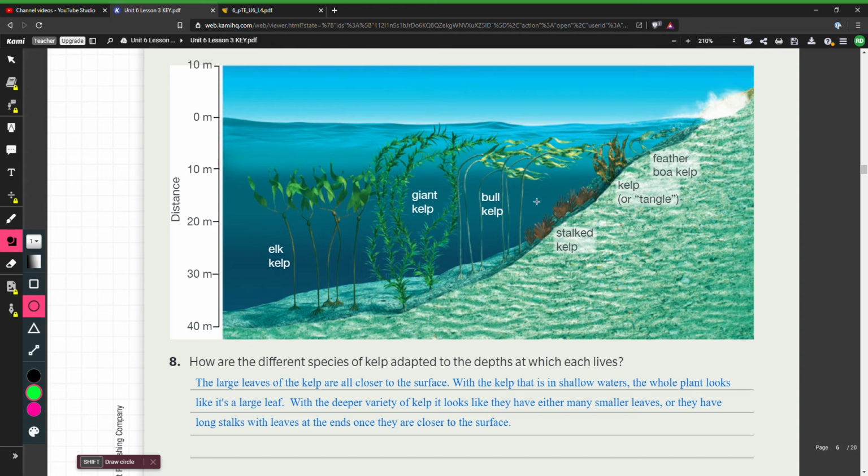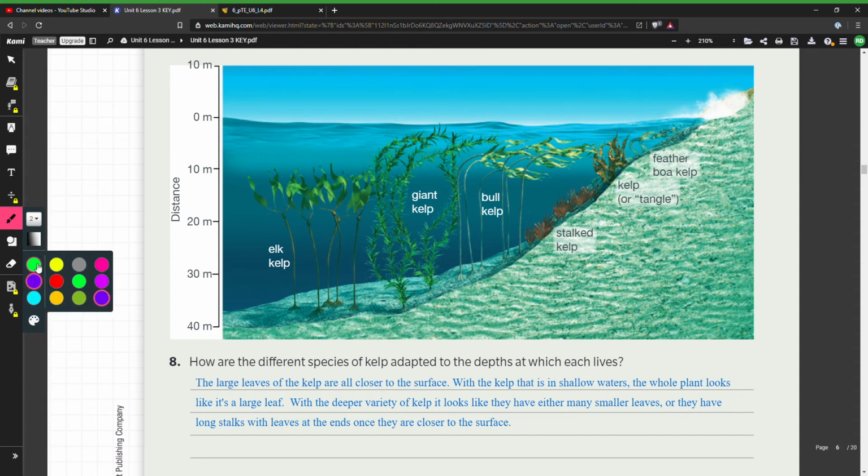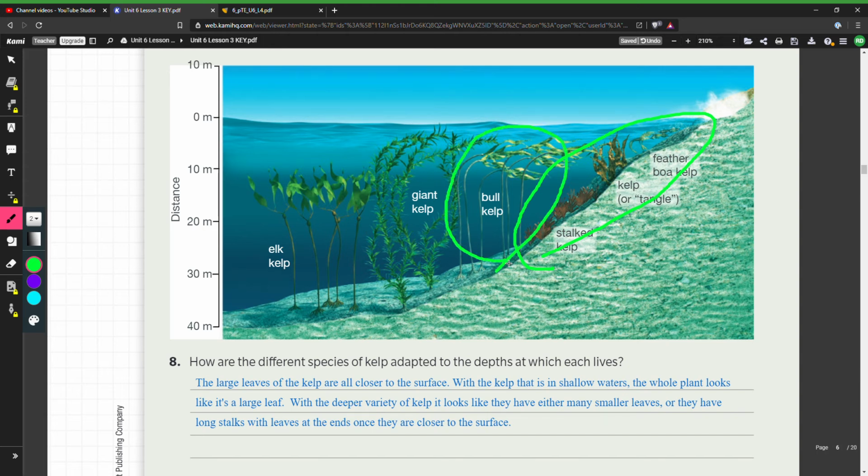And the thing I said about the kelp forest is you can see how the ones that are closer to the surface, like all of these ones, right? These are all closer to the surface, and they kind of just have the leaves. But these ones that are deeper, some of them that are deep, like this one and this one, they have these long stalks. So the stalks go way up, and then they have the leaves just near the surface. And the giant kelp is a little different because it's just really long and it has leaves all throughout. But you can see how these leaves are actually smaller, you know? So it has lots of small leaves,